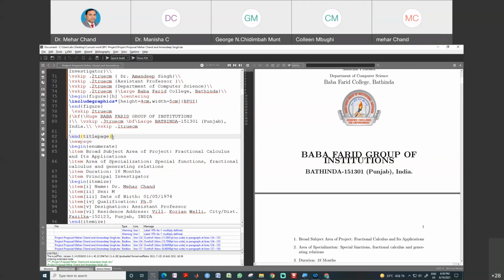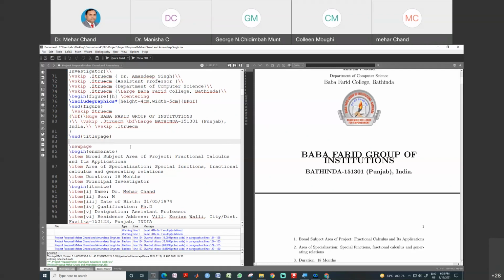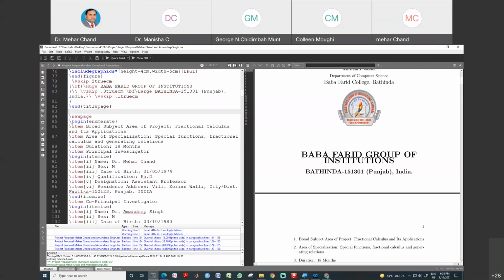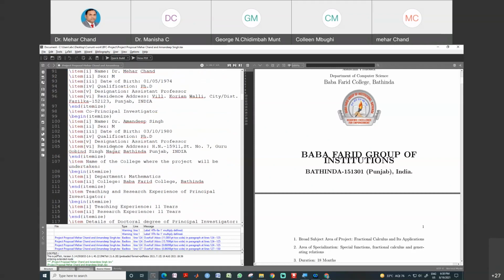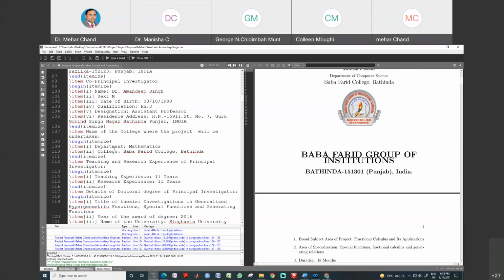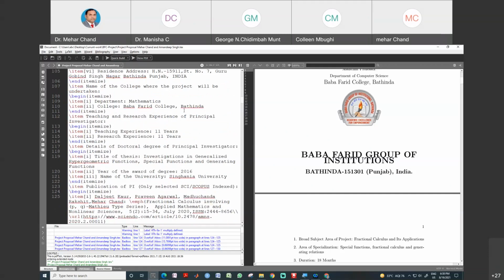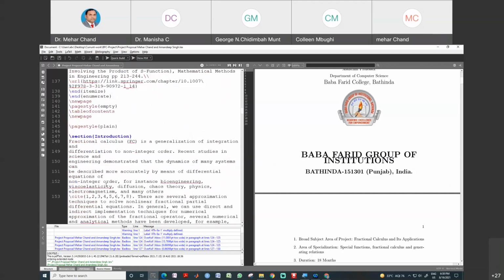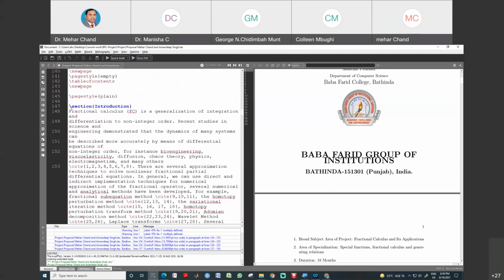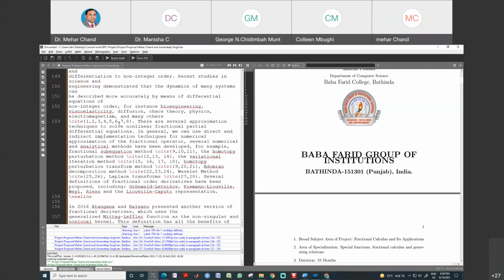Okay, and these are enumerate which we discussed yesterday. All these are the same. And when we execute, you can see on the right hand side, all the information is there. After that, we have section, subsection, all these are the same.